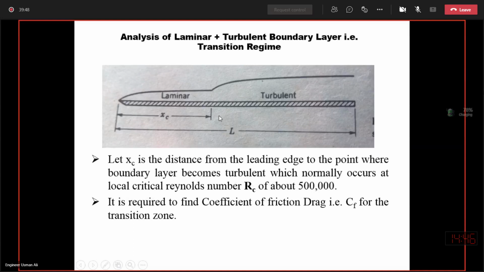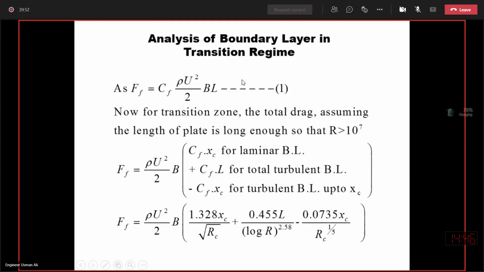And we need to find out the friction drag coefficient for the transition zone in this case. Now we know that the friction drag is Cf times rho u square by 2 into B into L. B into L is the area of the plate, B is the width, and L is the length. Now for transition zone, the total drag